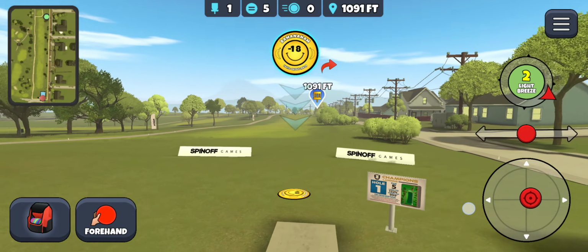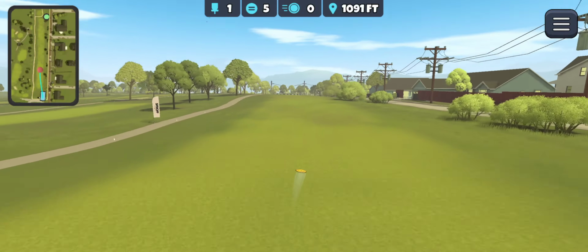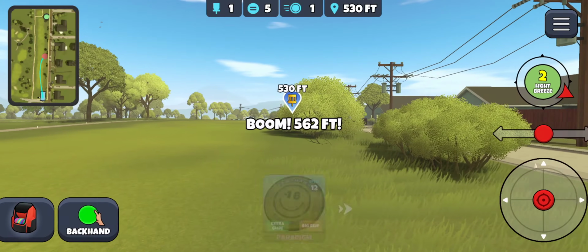Take a forehand on a glide skip paradigm on hole 1. You can see that the pin on this layout is a bit closer. You can see the minimap on the top left. That is before that last green. So we don't have to worry about biting off as much distance off the tee as we do on the